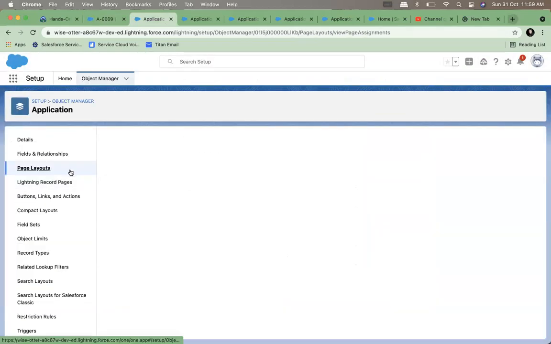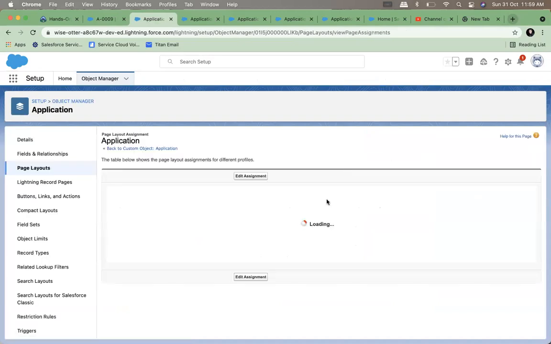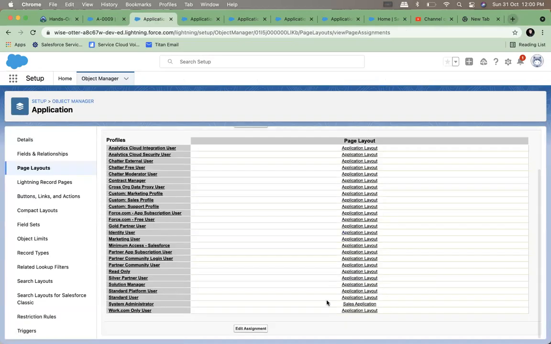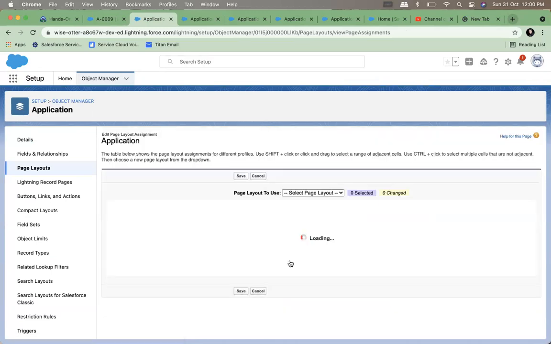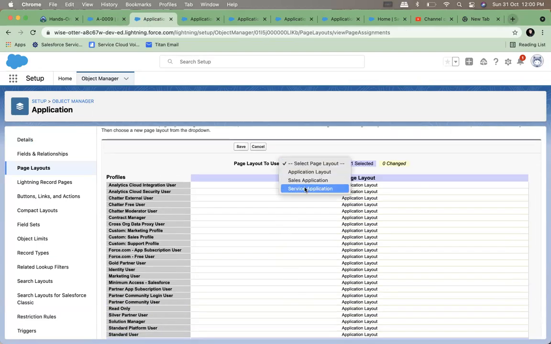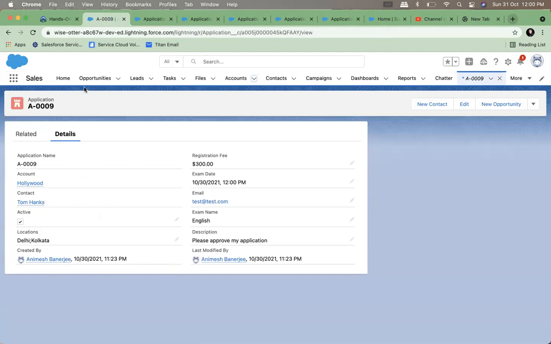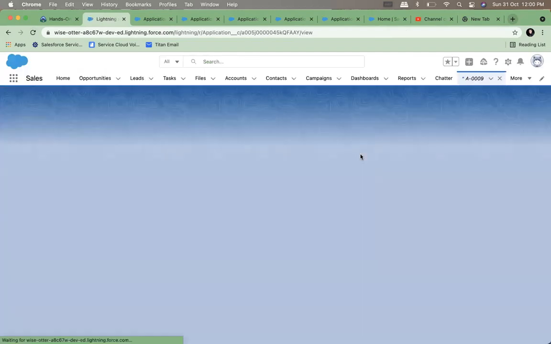If I now assign myself the service layout, see, these are the fields. Let me refresh it.